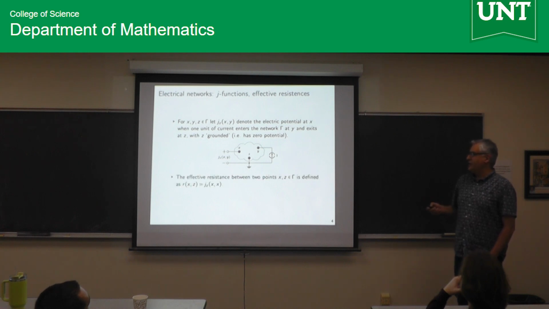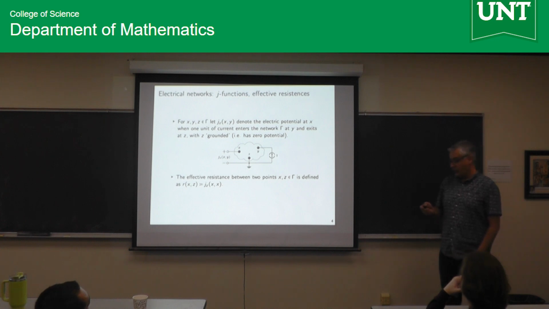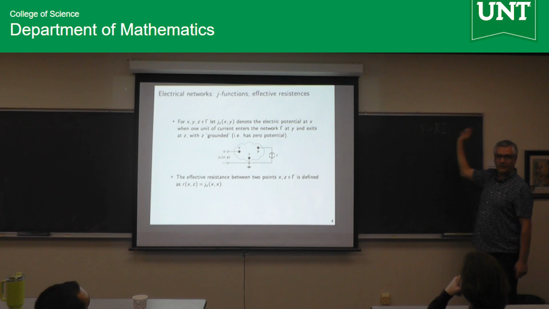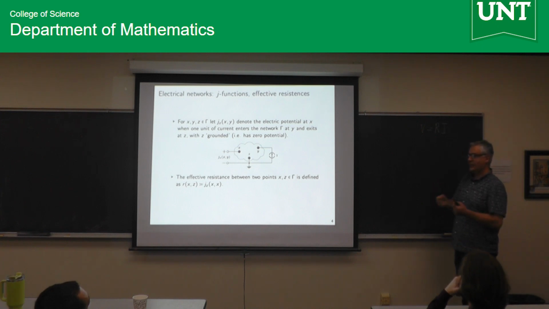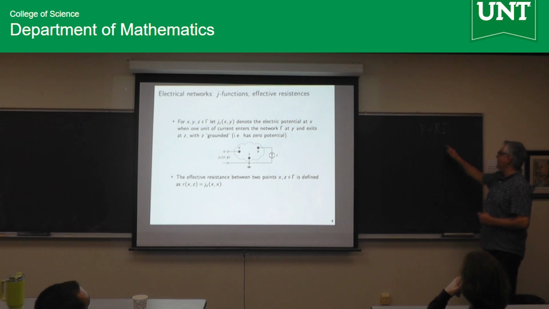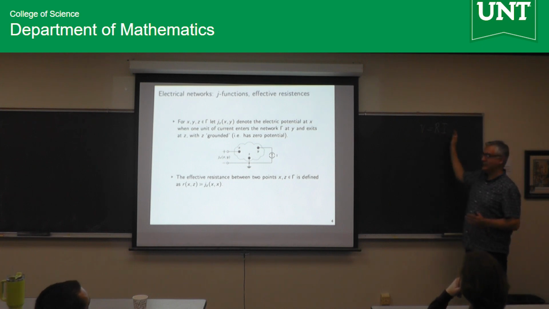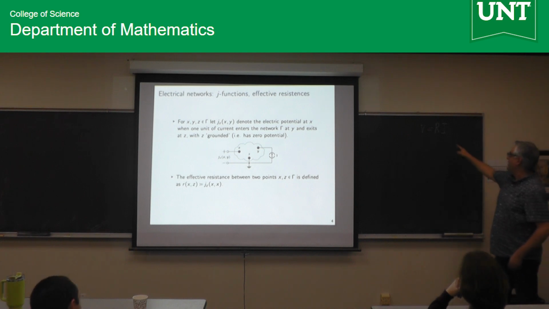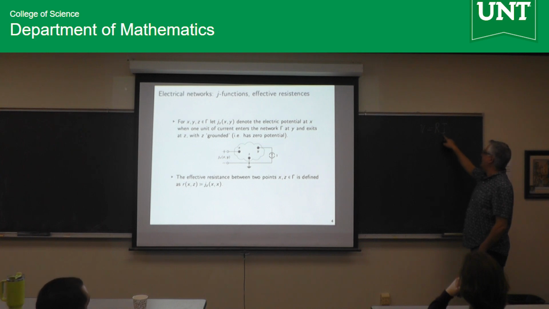And from this, you can also define something called effective resistance between 2 points. So I hope you know enough of Kirchhoff's theory that you know voltage is resistance times current. And you should know this even if you've never taken a course, because sometimes you buy a device that has an amp rating or watts rating and you want to compare them, you better know your basic physics. So if I put a current 1, then if I is 1, R is V. So the potential difference is precisely the effective resistance.